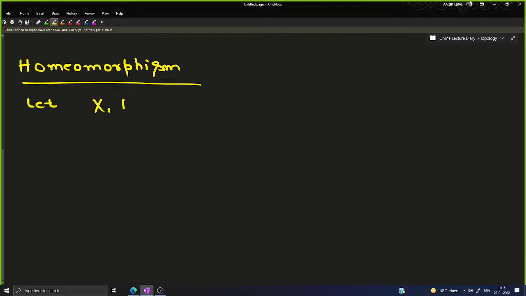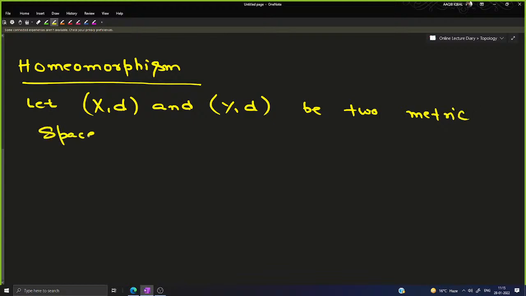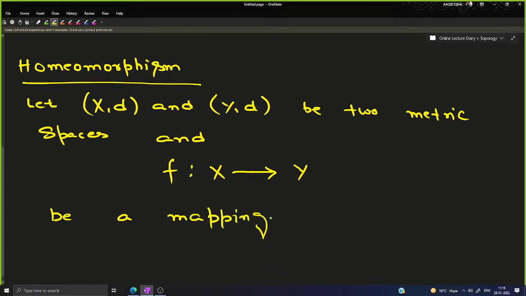Let (X, d) and (Y, d) be two metric spaces, and f from X into Y be a mapping. Then f is said to be